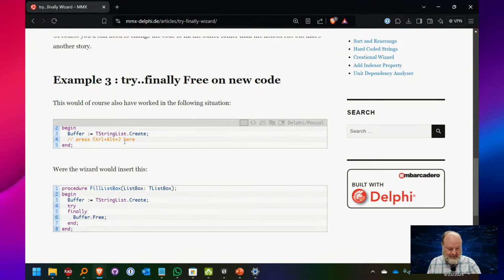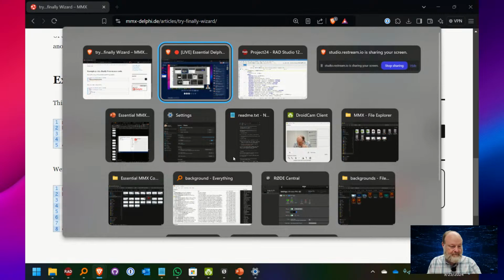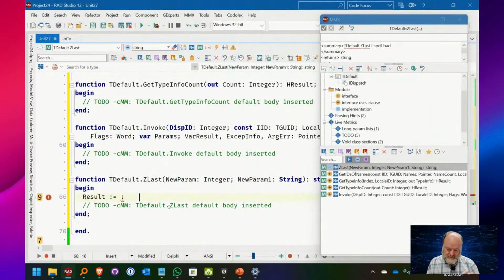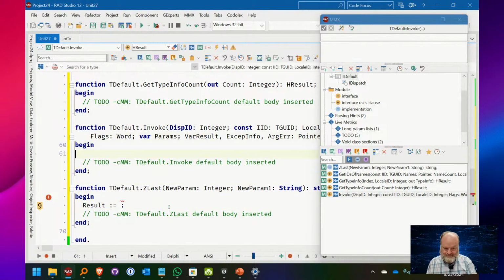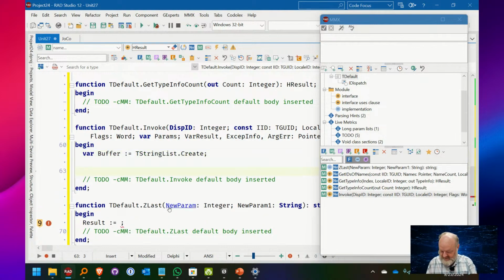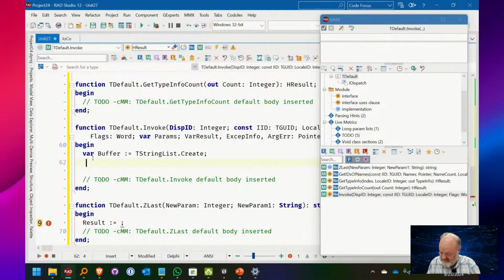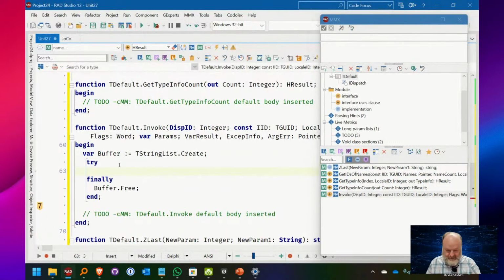Actually, let's go ahead and demo this here. So if I have a variable and then press Control-Alt-J, it puts in the try finally.